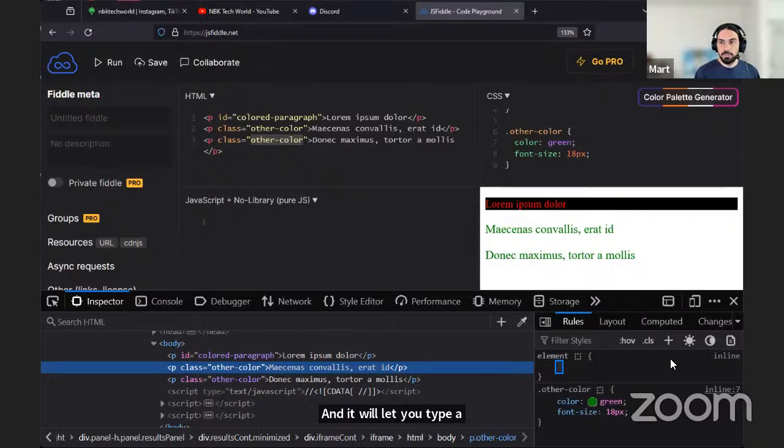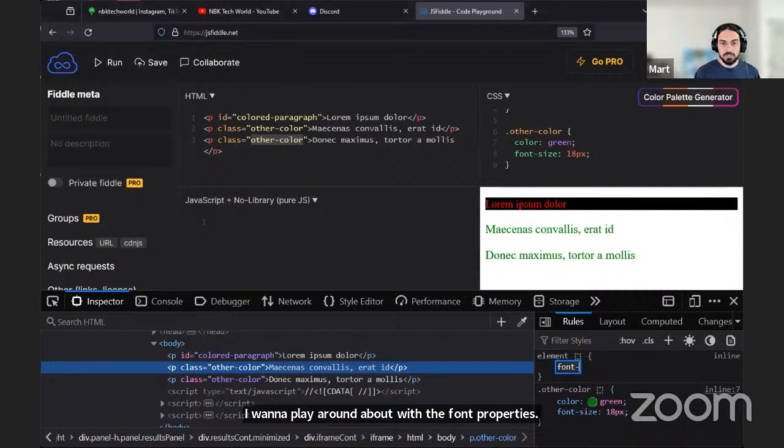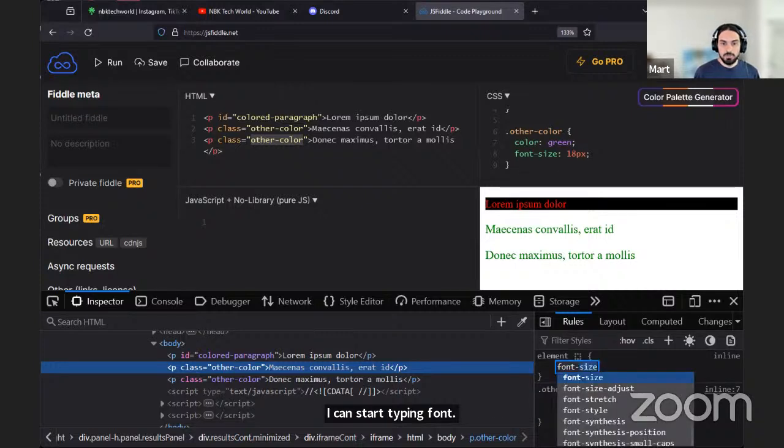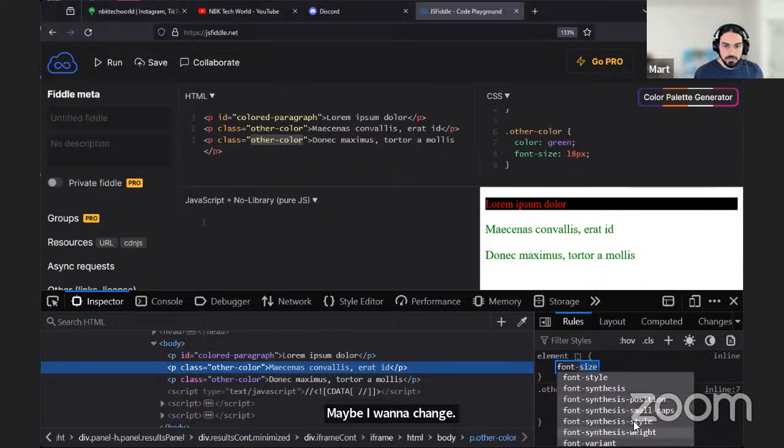For example, I want to play around with the font properties. I can start typing font dash, and it will let me know what kind of properties I can use regarding font. Maybe I want to change the font, let me see,